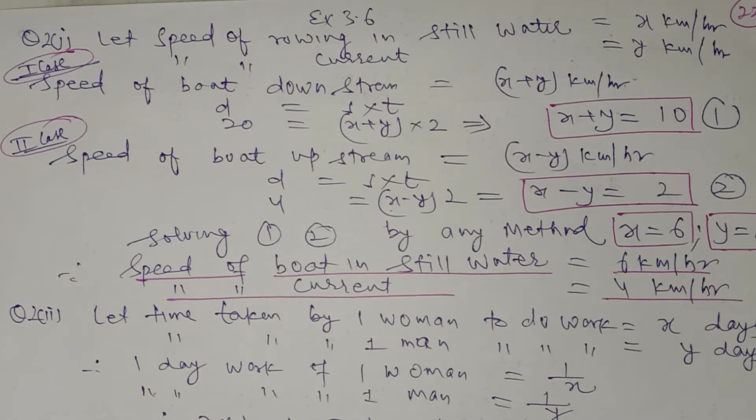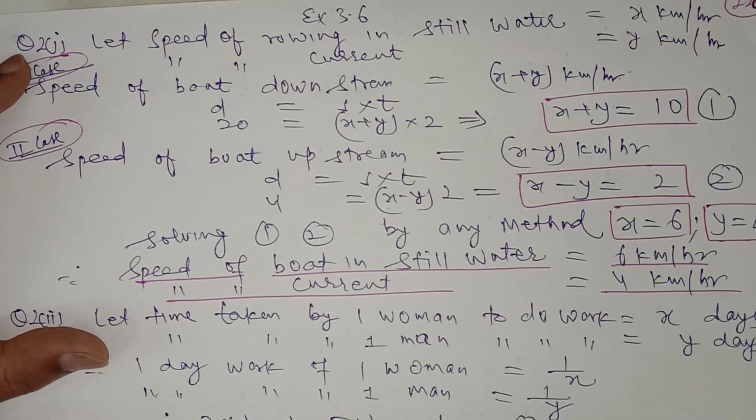Similarly, suppose you are cycling, and if you cycle with the flow of the air, in the direction of the air, it means it is downstream, and when you cycle against the flow of the air, it will be upstream. Naturally, when you move with the flow of the air, you have to do less work. You will be exhausted less because the air is exerting force along with you. And similarly, when you cycle against the flow of the air, you have to work more, and you will be exhausted more. So downstream means with the flow, and upstream means against the flow.